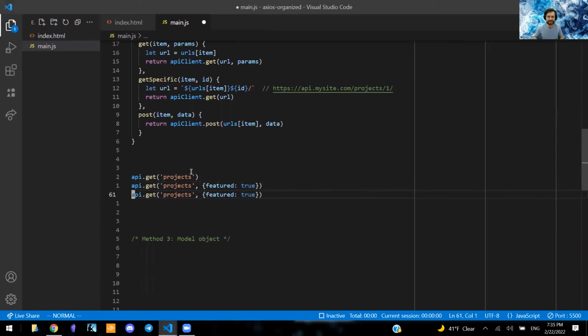You can also get a specific one. So get specific and then pass in the ID to get that. So if I want to get the first project, let's say, this can be interchangeable with slugs. It just depends on how your API is set up. So if I want to get a specific one, I would say const project equals that. And normally I would use await here. So API.get